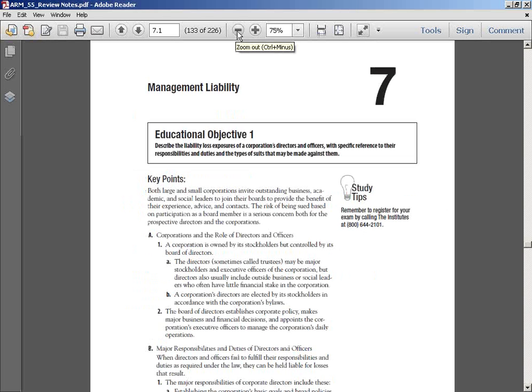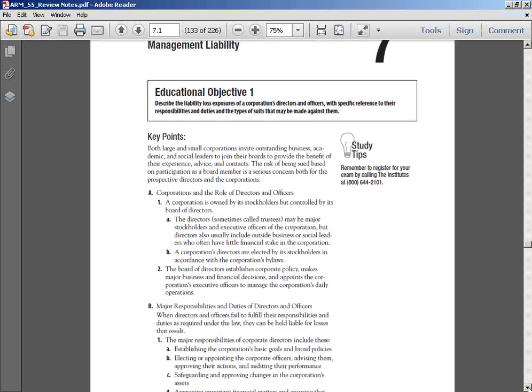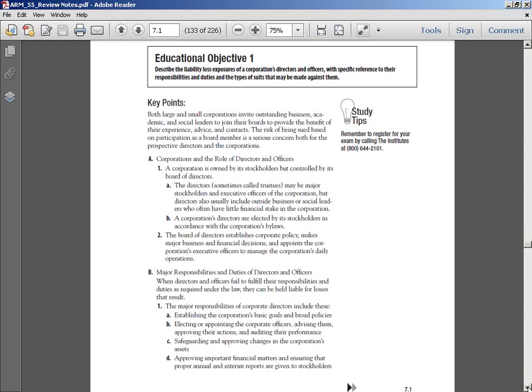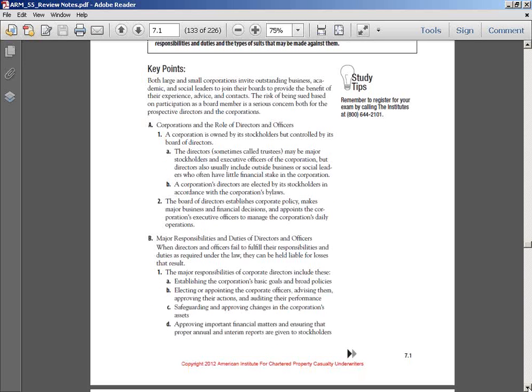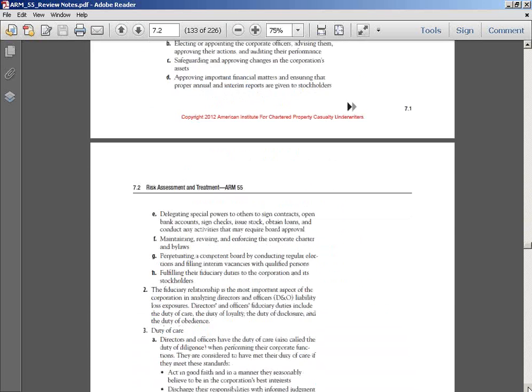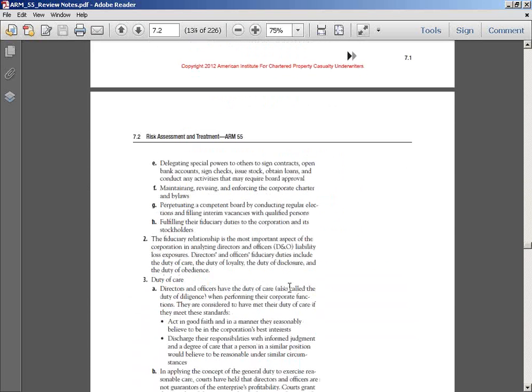So Chapter 7 dealt with management liability, which basically meant the responsibilities of the board of directors and officers, so D&O. On this one, the main area I would focus on, when we talk about the major responsibilities, is the duty of care. So if you focus on the fiduciary responsibility,